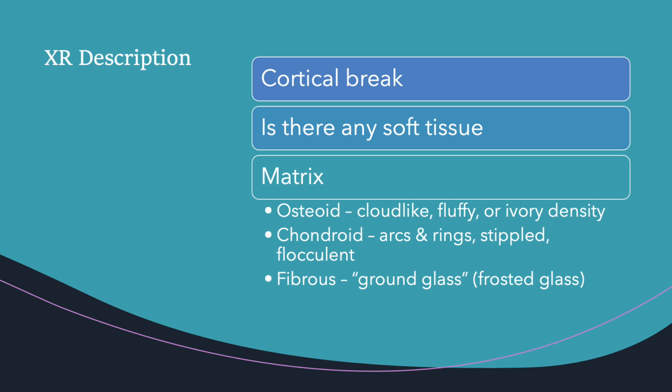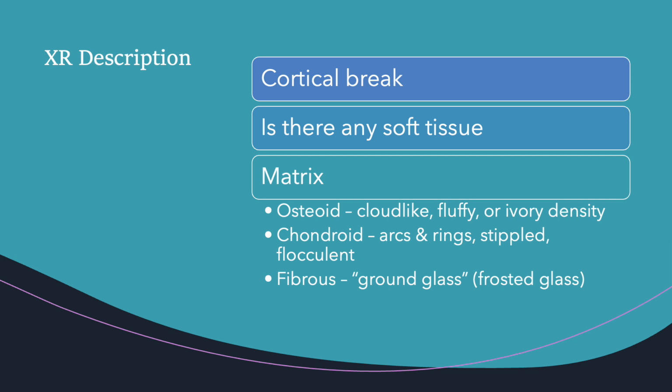Fifth question: we have cortical break, followed by the sixth. If there's a cortical break, eventually will there be any soft tissue presence? And lastly, we have the matrix presence. For the cortical break, this is always the same in an aggressive lesion, where there will be an eventual break of the cortex, being unable to catch up with the exponential growth of the lesion, and the tumor grows out of the bone. Sometimes there will be a reaction where the periosteum can catch up with the lesion, forming what we call